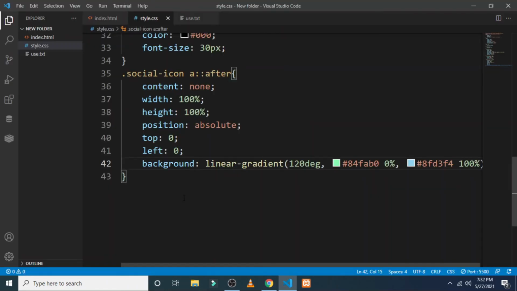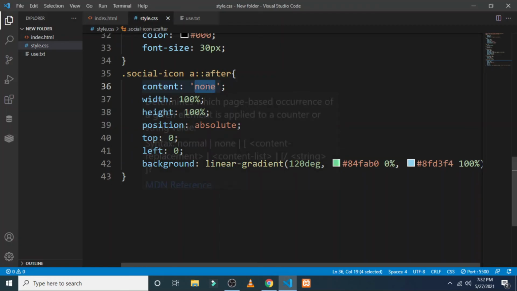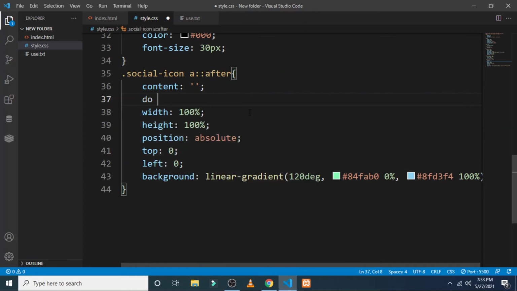I have made a mistake in the content part, so erase the none and put a simple bracket. As you can see, there has been a square bracket created over the social icons. So I am putting a notice that you do not have to put none on the content.